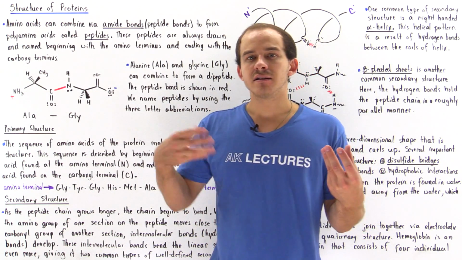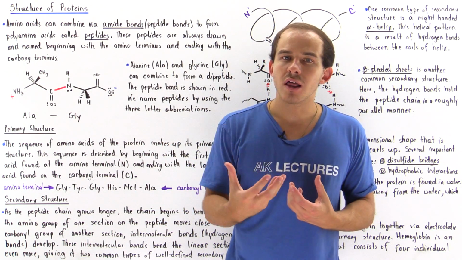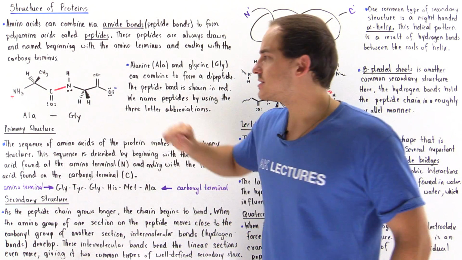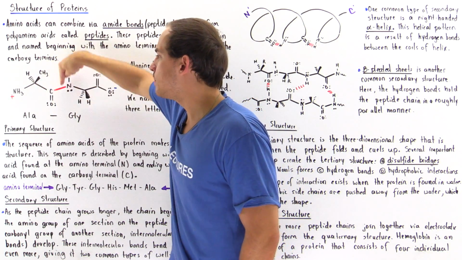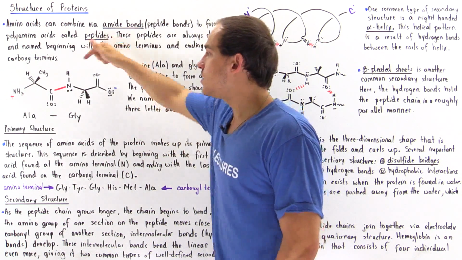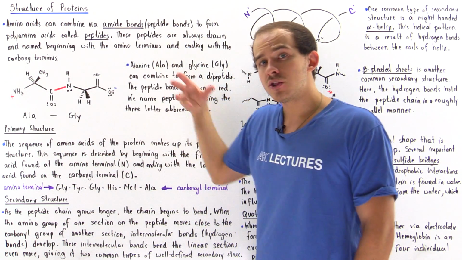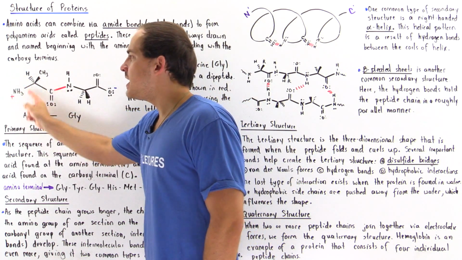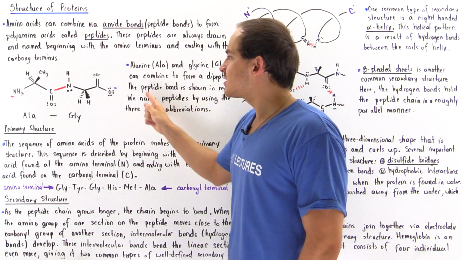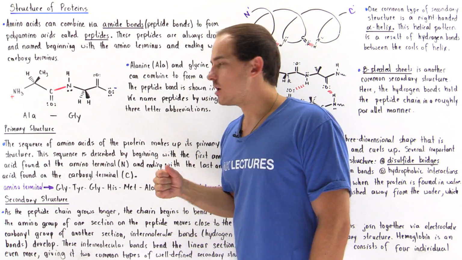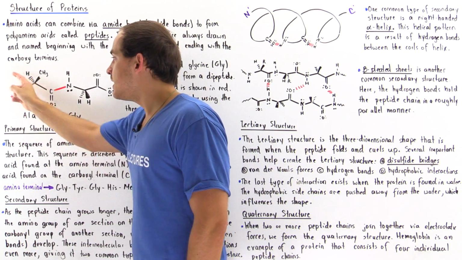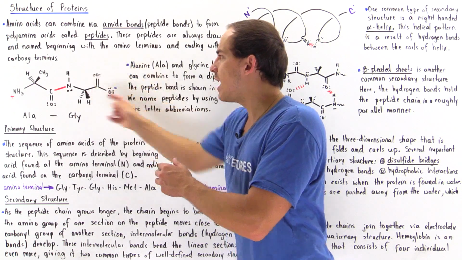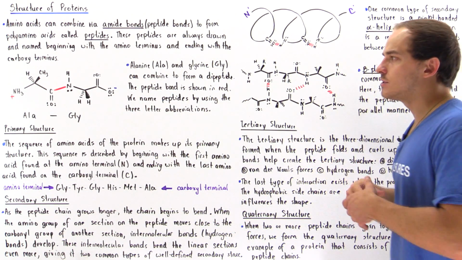Now, when alanine and glycine combine via the dehydration reaction, we form our peptide bond, which is the bond that exists between the carbon on the carbonyl group on one amino acid and the nitrogen on the amino group on the other amino acid. On this amino acid, we have a free amino group. On the other amino acid, we have the free carboxylate ion group. So this free amino is basically our amino terminus end, and this free carboxylate ion is our carboxyl terminal end.